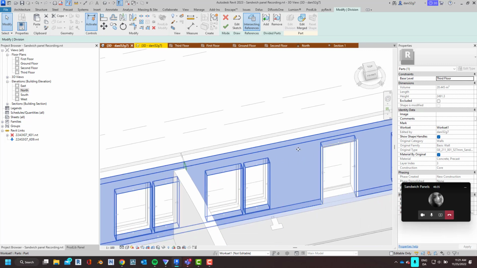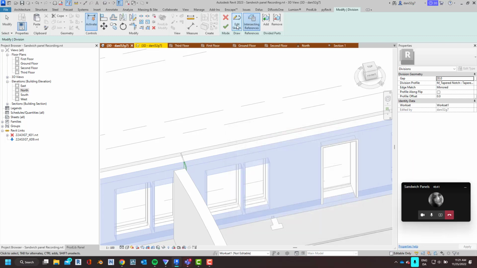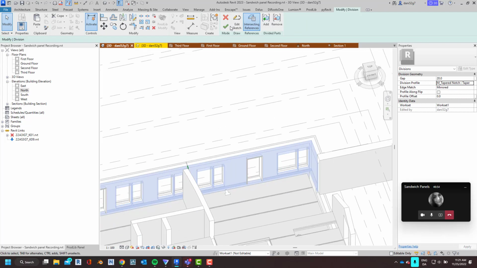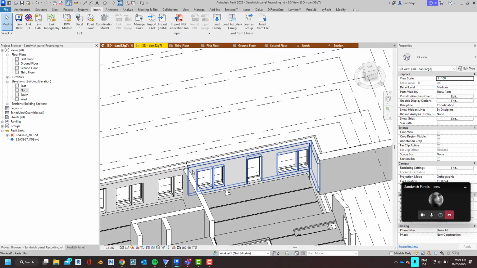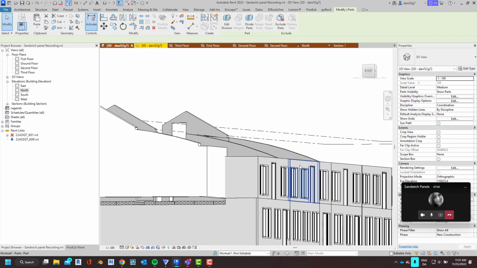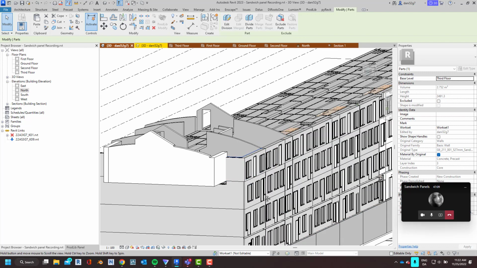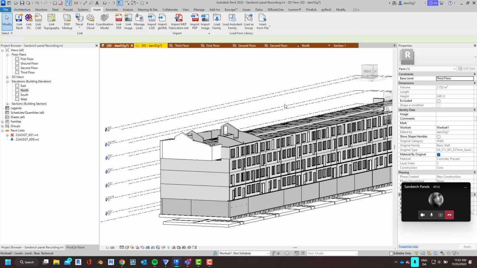So, and you can even see when we do the intersecting, we can edit the sketch. We have the tapered notch set here. We're going to apply that. Press OK. In the event of this, I would recommend selecting all the parts on the third floor and deleting them and remaking the splits. But for this purposes, to move forward,